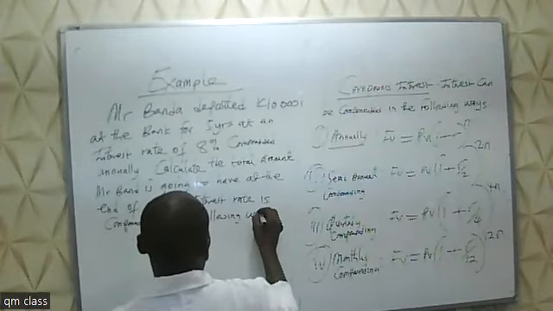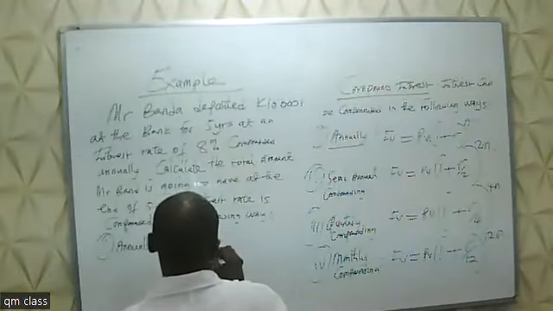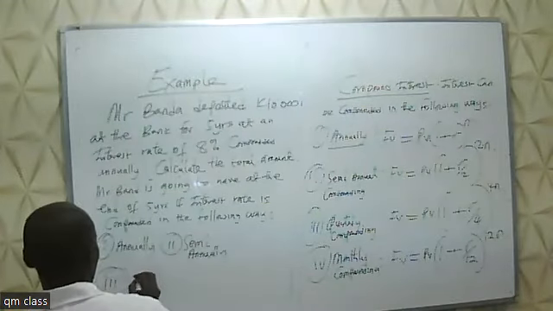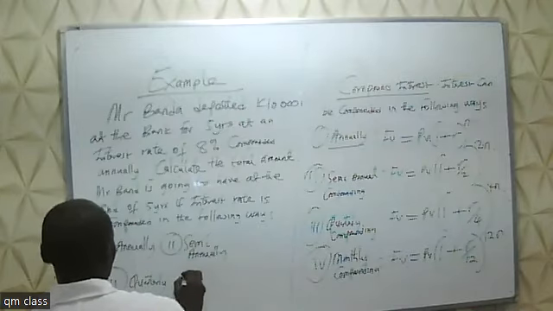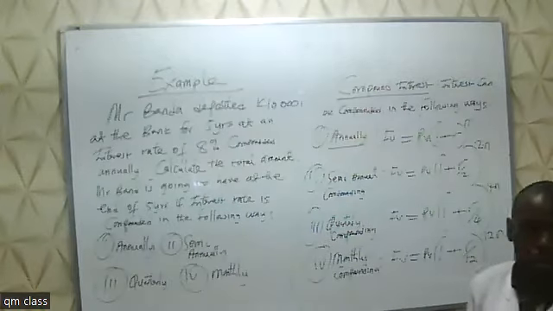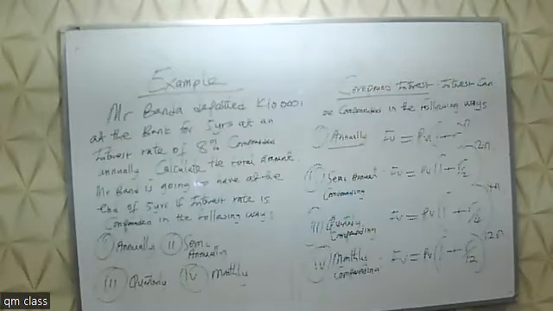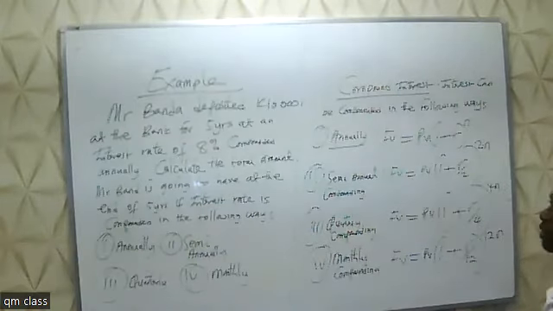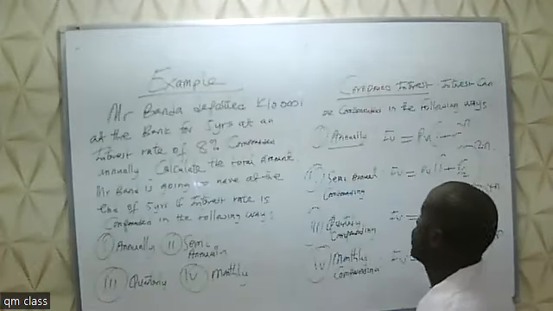First one annually, then we have semi-annually, then we have quarterly, and then we have monthly. So let us look at this. This man may deposit how much? 10,000 kwacha in his account at the bank. So he made a deposit of 10,000 kwacha in his bank account. You make a deposit just once, 10,000 kwacha. And then this is for how many years? 5 years. So let us look at the solution right about now.